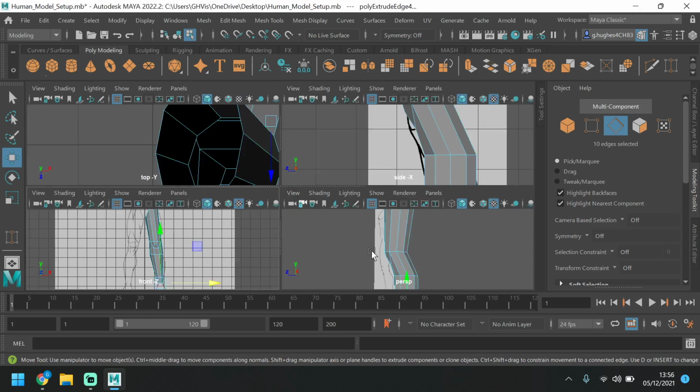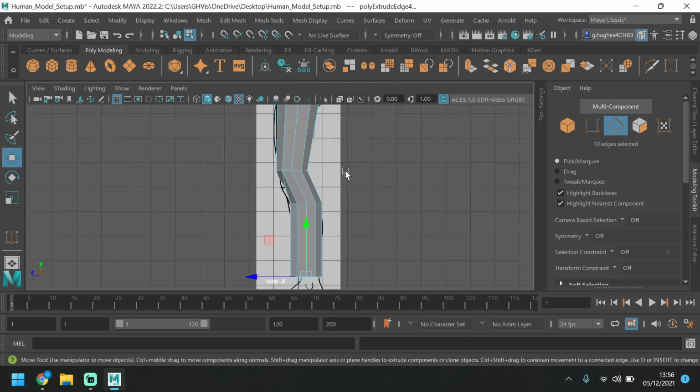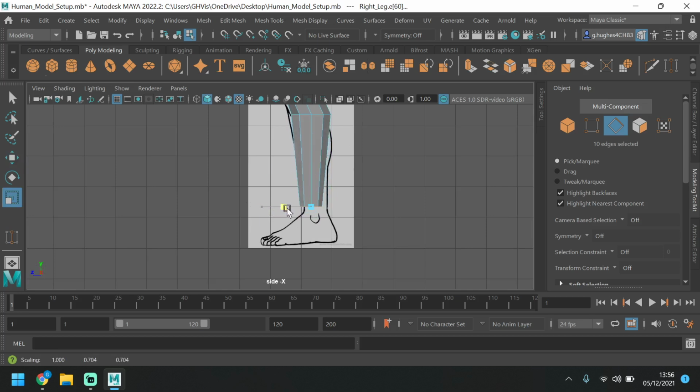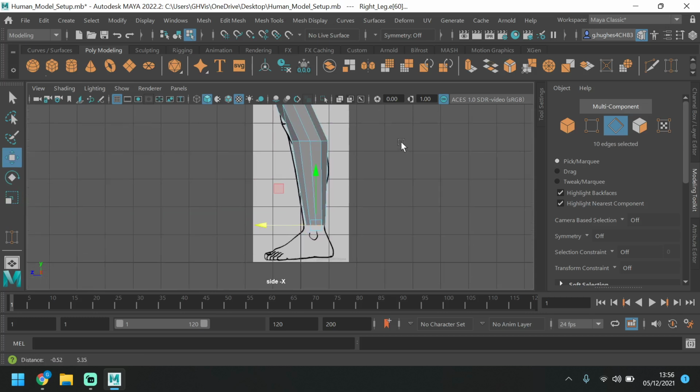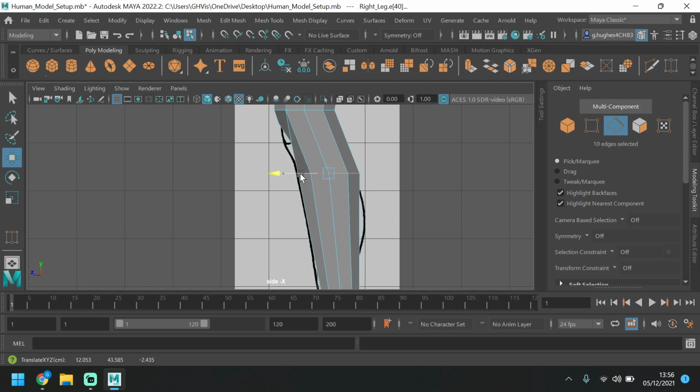I'm just going to go to the side view. As you can see, the leg isn't quite right. That is because it's not scaled in enough. So we need to scale that in, so it's about the same thickness as the image. So we're aiming for here. And as you can see, there's a little sort of pop here popping out. So we need to just select these, pull this in, drag it down slightly,